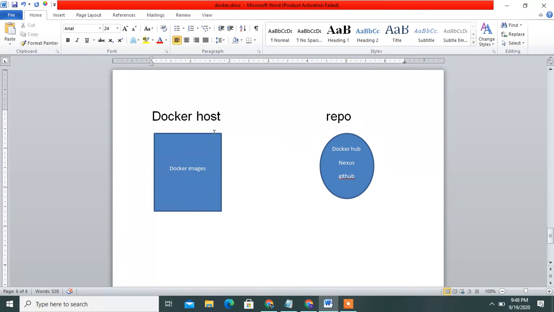Once you create the images, you can store them in a repository. This is a public repository, so you can access it from anywhere. Working on the developer side, you can send it to the production team also. You can take the URL and send it.